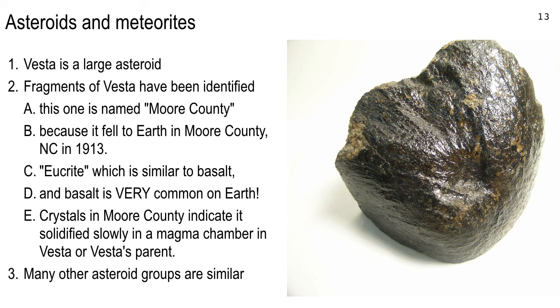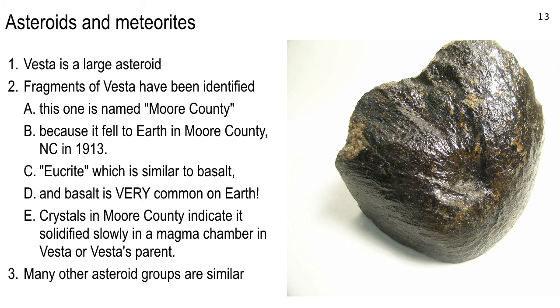So if a volcano is dying and cooling off and it's not going to blow, that magma chamber is going to cool slowly. And anything that cools slowly, the crystals are going to be big and nice. And the size of the crystal here on Earth, we know, means big crystal cooled slowly, deep in the Earth. Small crystal cooled quickly, or glass cooled extremely quickly near the surface. So this one they think was deep in a magma chamber.